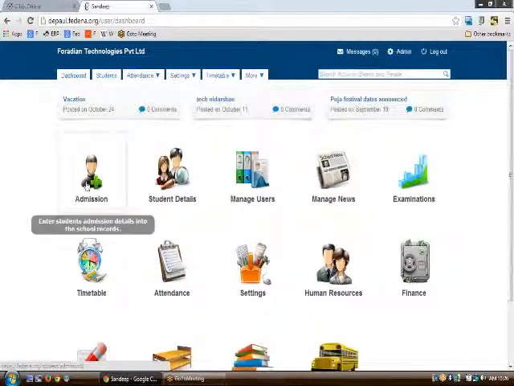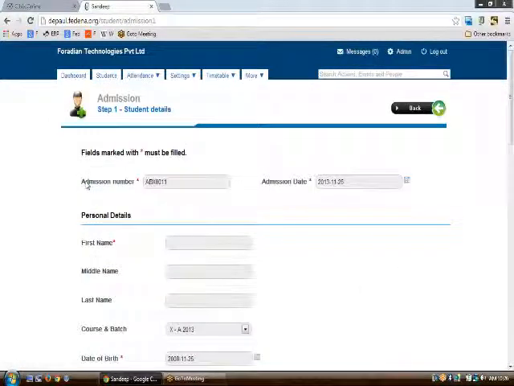Now let us go to the admission part. We will be admitting a sample student here and check how this works. Step 1 of admission starts with the admission number. As we have enabled the auto increment student admission number, as you can see, the admission number of the current student is the auto incremented value of the one that we entered previously. Then comes the first name,